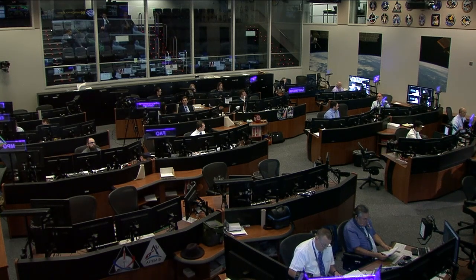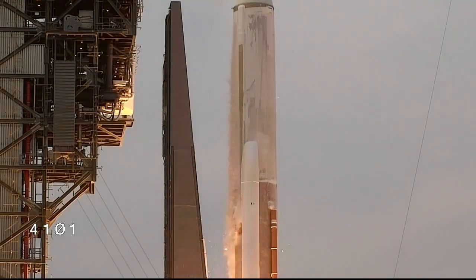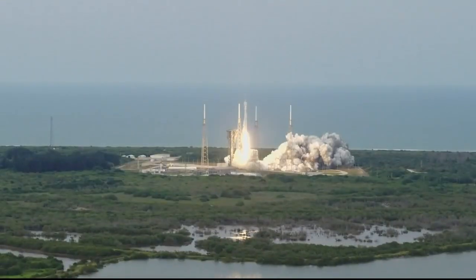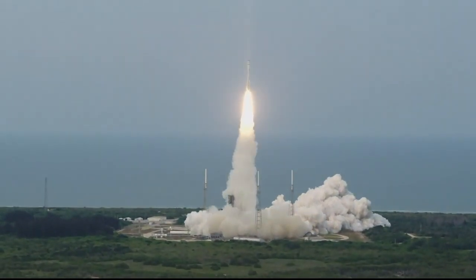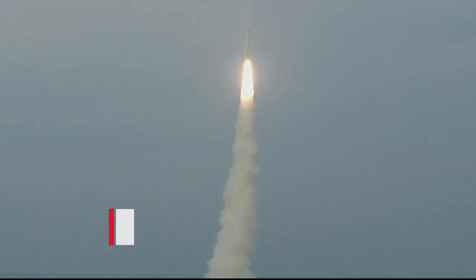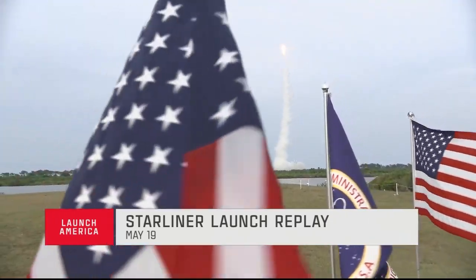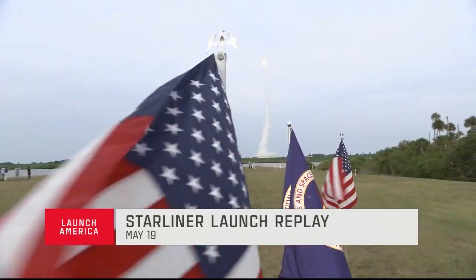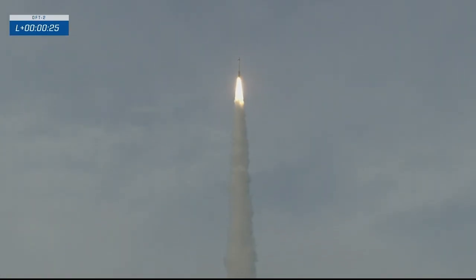Now, this mission began more than 5 days ago, almost 6 days ago at this point. And it began with a launch aboard a United Launch Alliance Atlas V rocket from Cape Canaveral Space Force Station, Space Launch Complex 41. And you can see there Starliner riding the power of that Atlas V. That was on Thursday evening, and it put Starliner on a course for a precise rendezvous the next day with